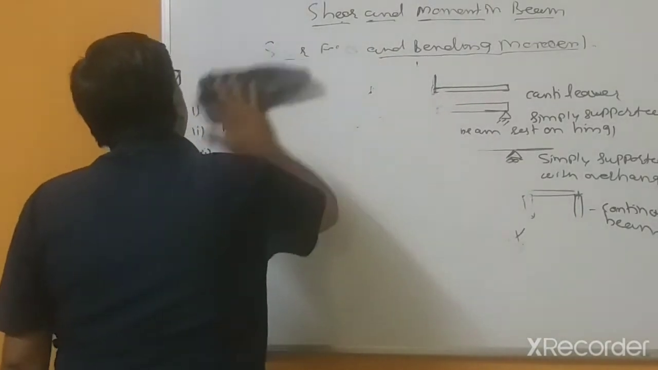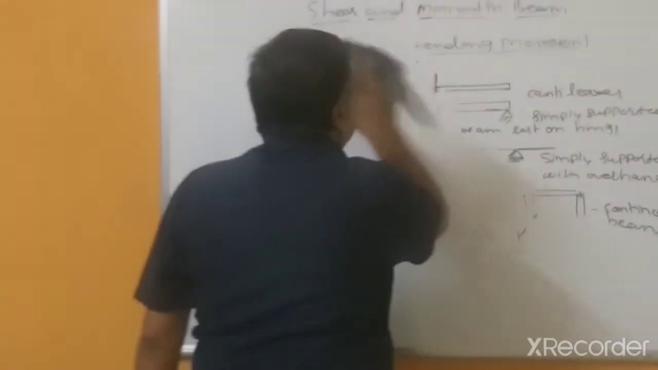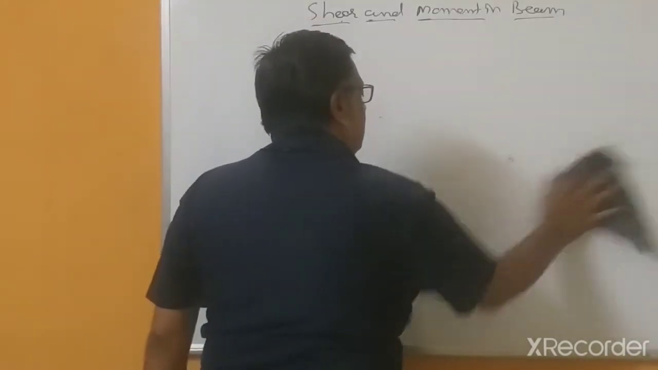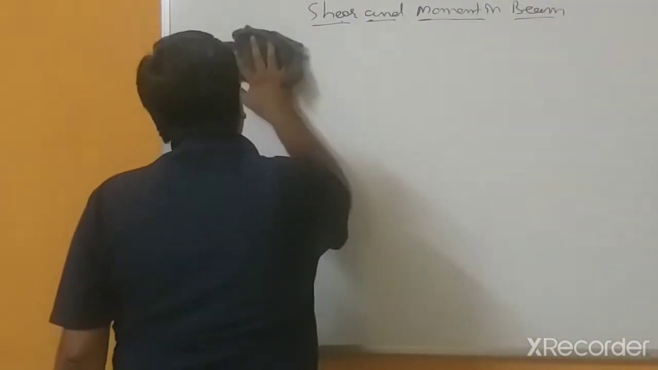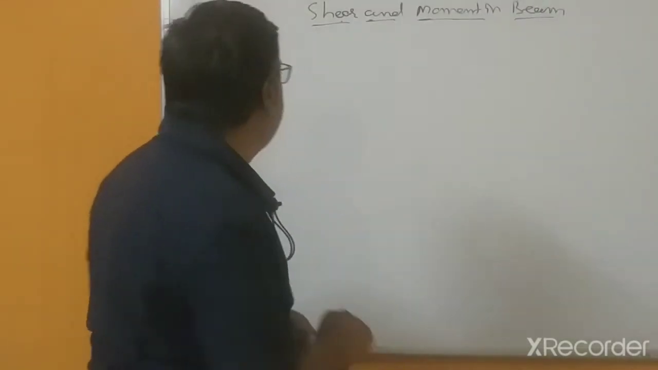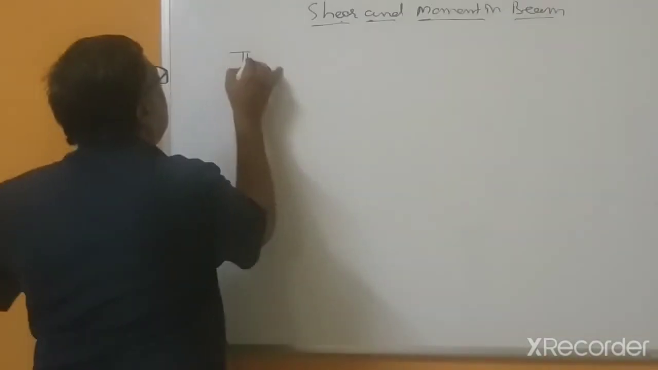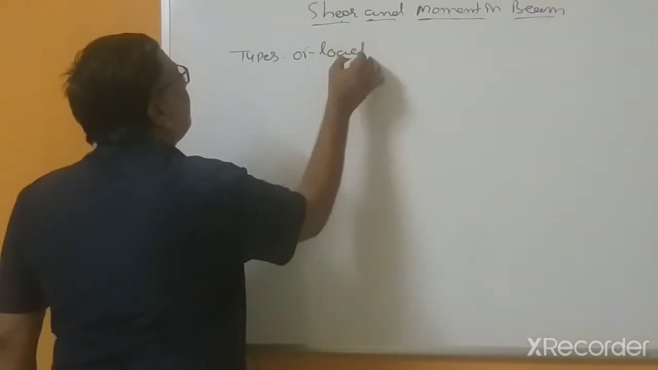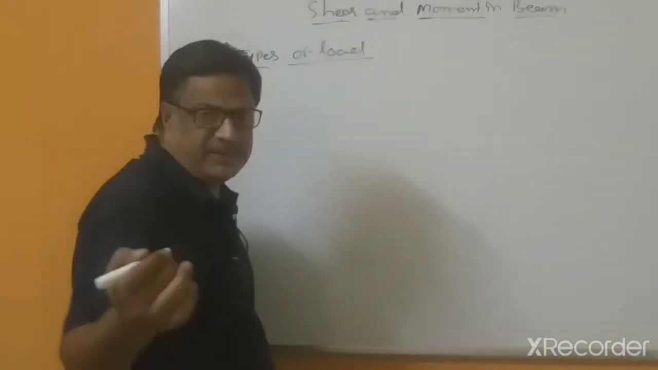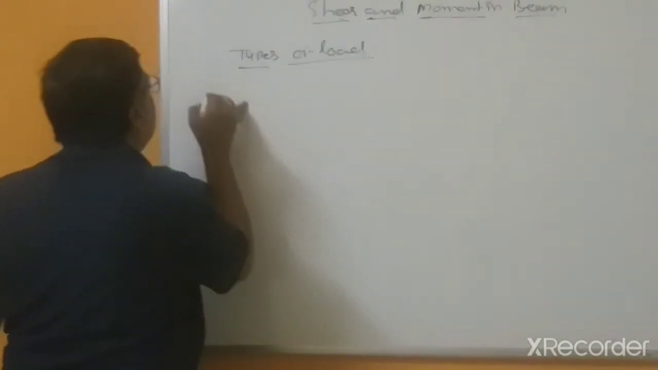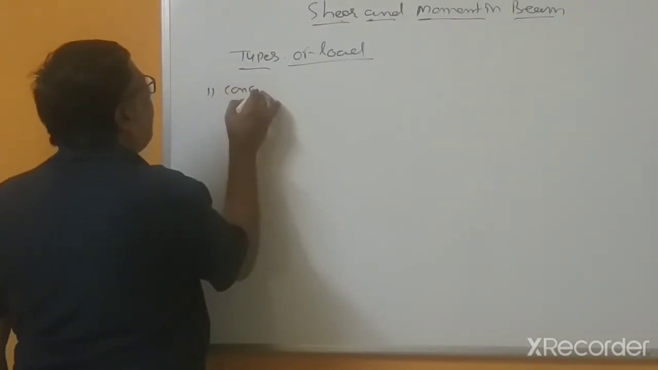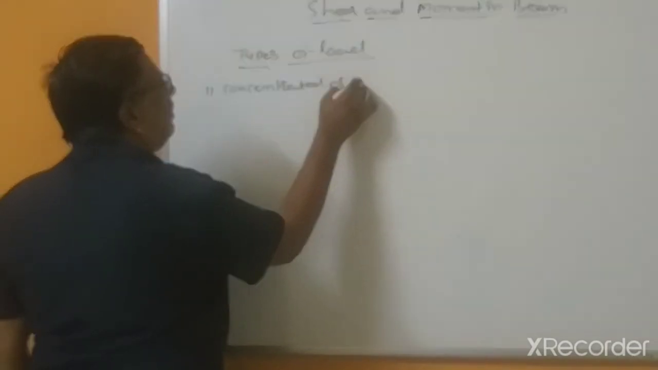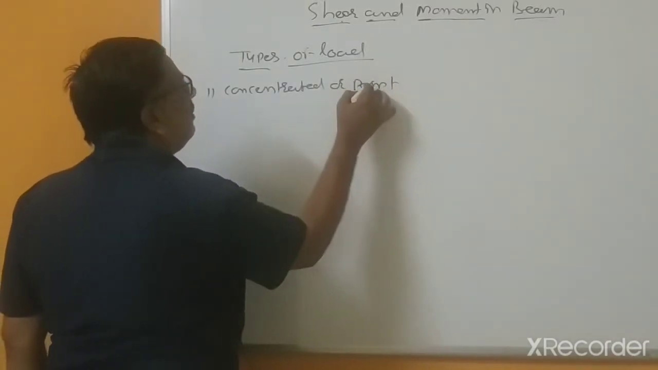Now you understand the different types of beams and the different types of supports. Now, what are the different types of loads? There are three types of loads from our subject's point of view: concentrated or point load,